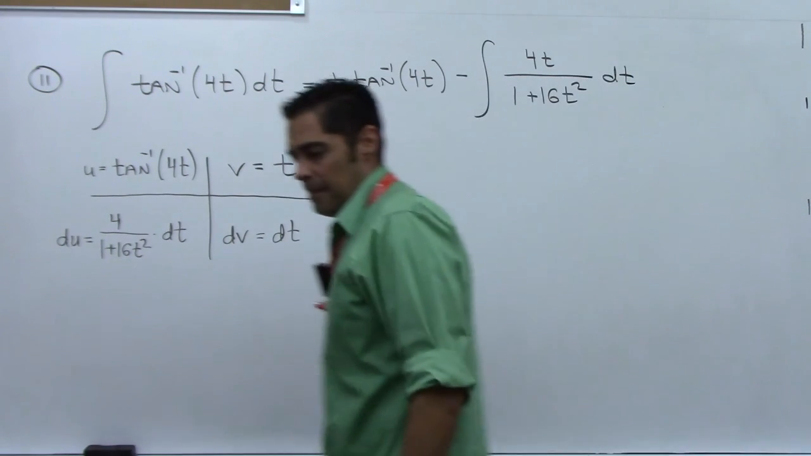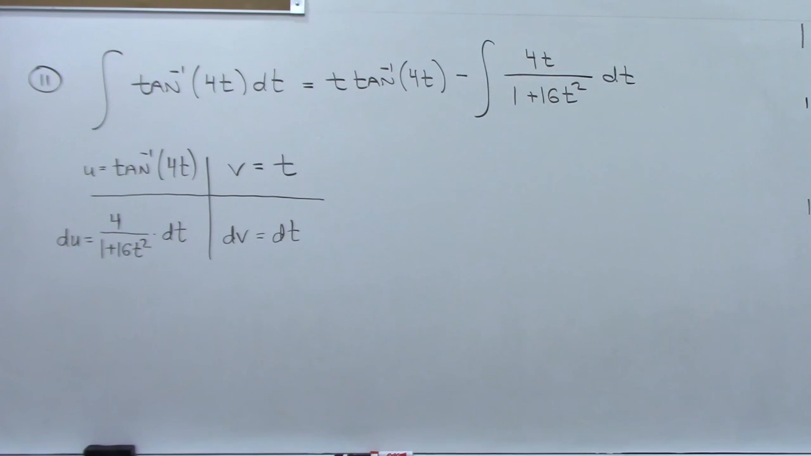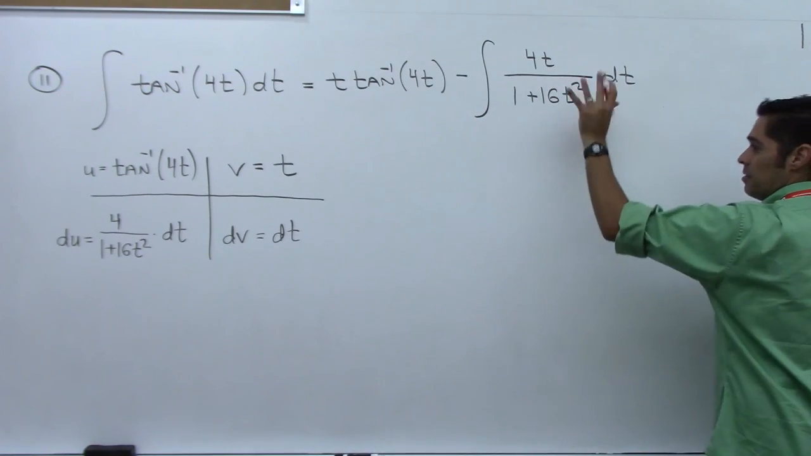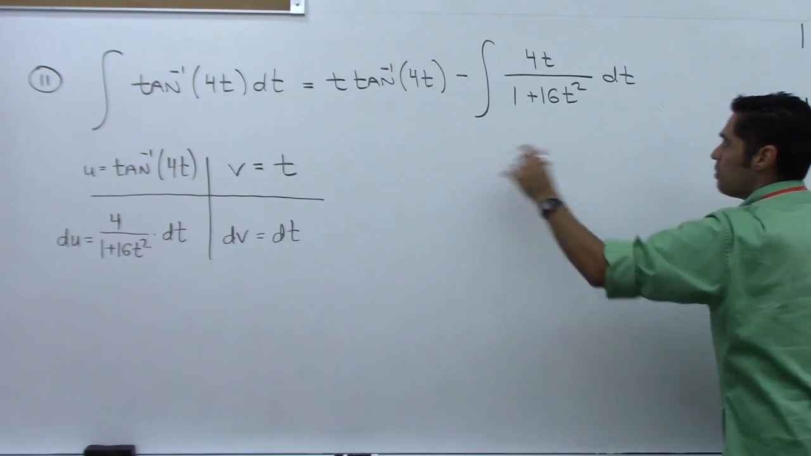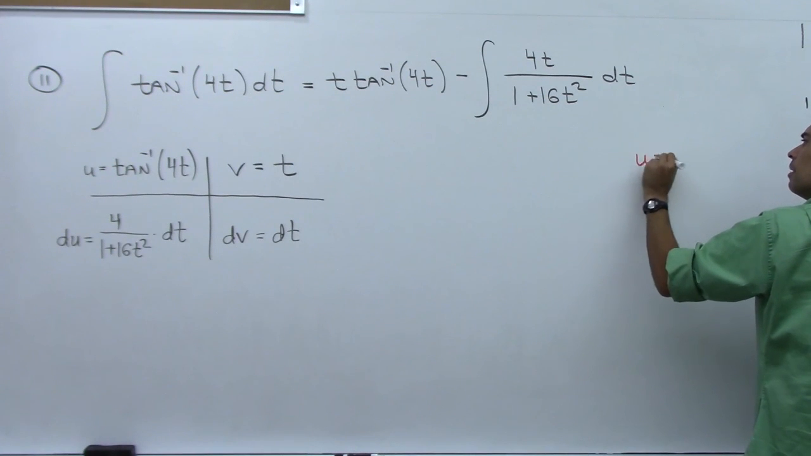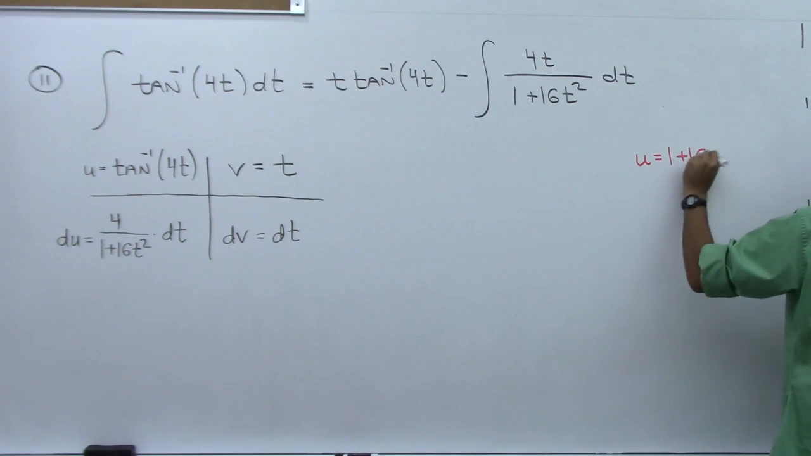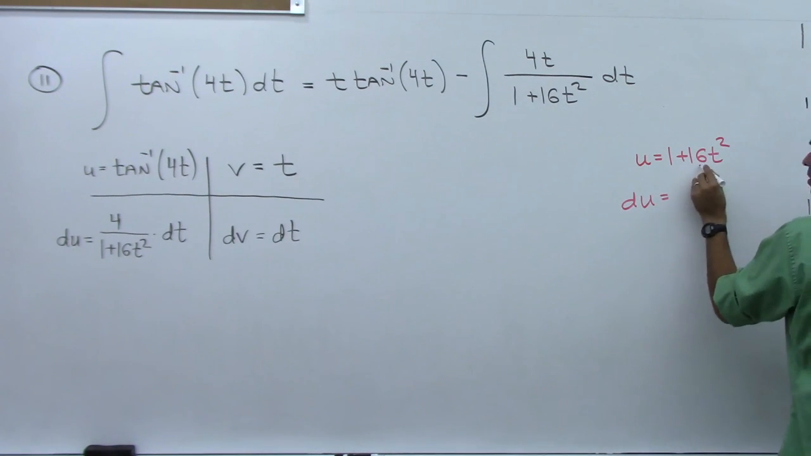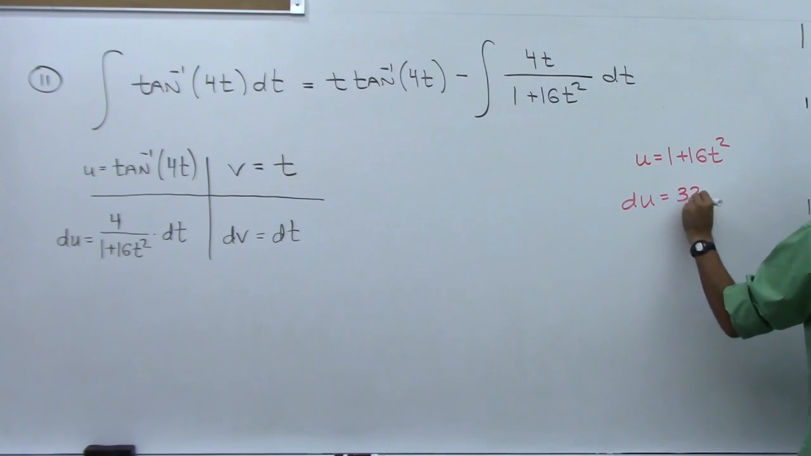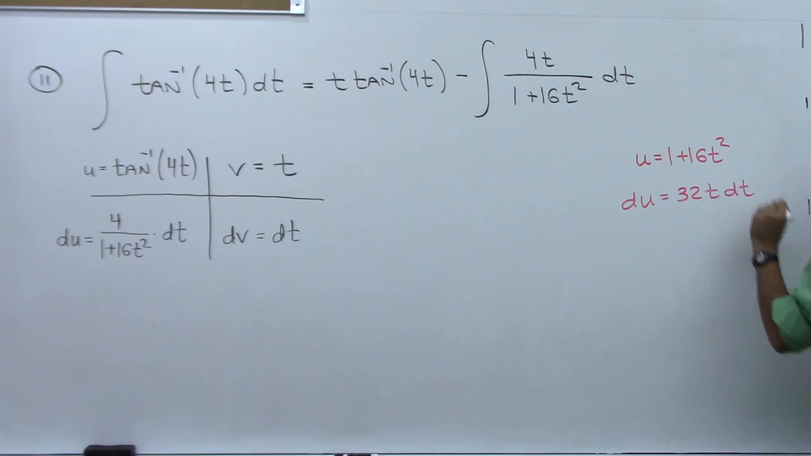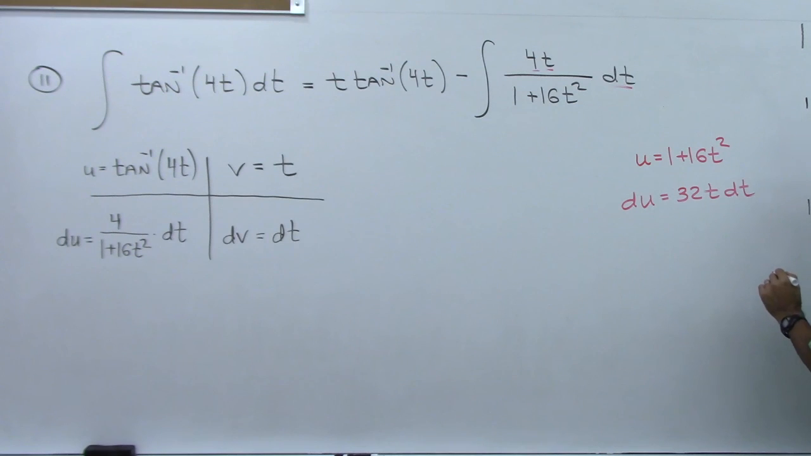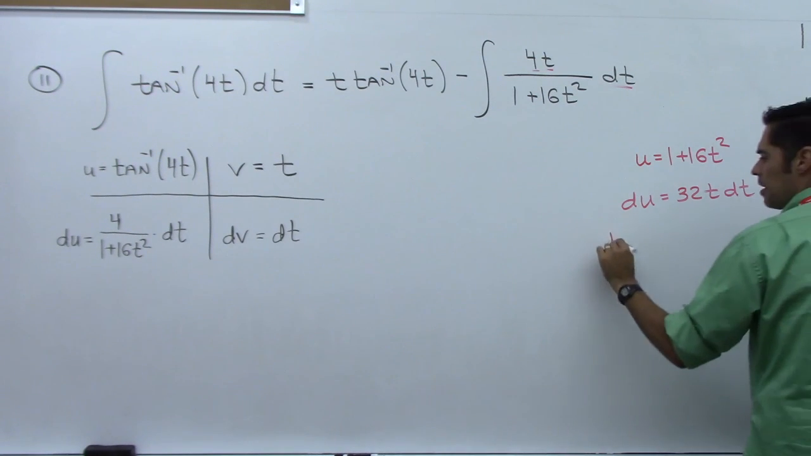Now if you look at that, notice that that is a basic substitution. If I make a basic substitution here, okay, so this is a new integral. I'm kind of done with the integration by parts. A new integral, I'm going to let u be the bottom. The derivative of that is, 2 comes out, so 32t dt. I have a 4t dt, but not a 32. So if I divide both sides by 8,